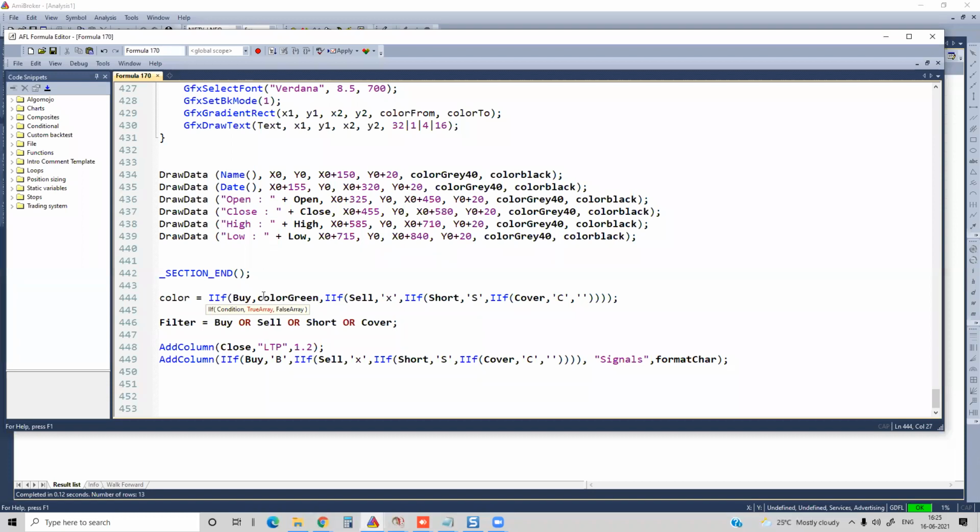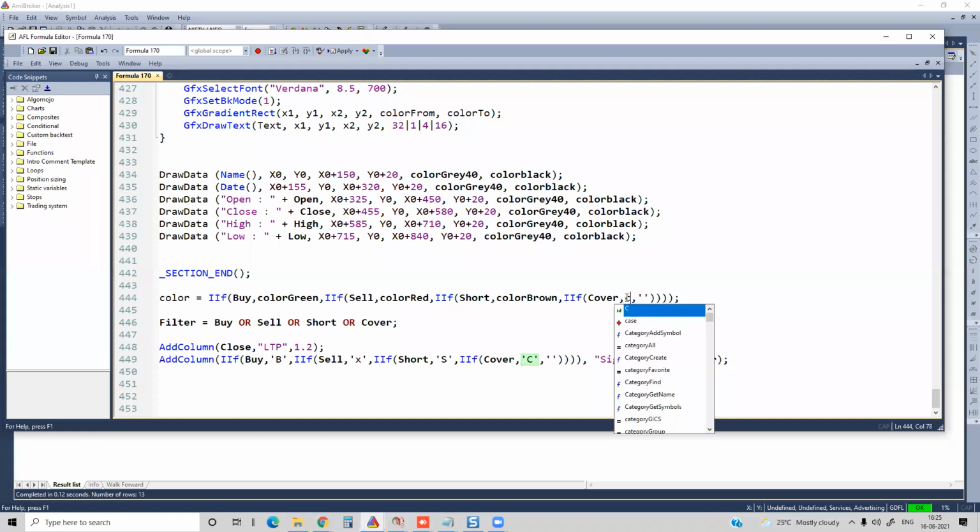Else if it is a sell signal, probably I want to put it in color red. If it is a short signal, maybe I want to put it in color brown. And if it is cover, probably I'm going to say color lavender.